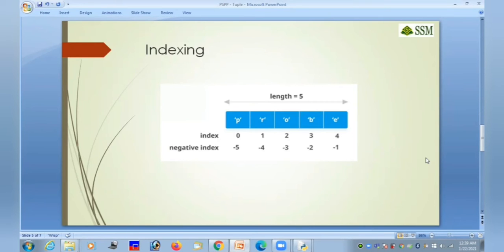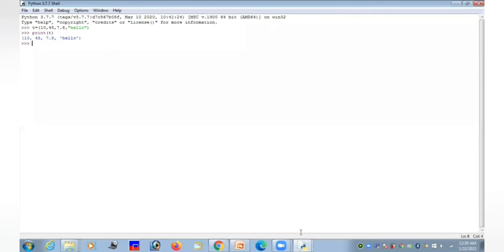One is positive index, another one is negative index. In the positive index, we give the value from left to right starting from 0 to n. Whereas in negative indexing, we give the value from right to left starting from -1, -2 and so on, right?